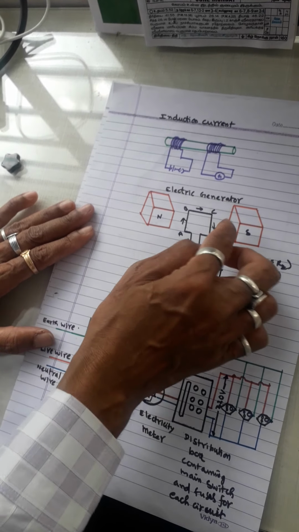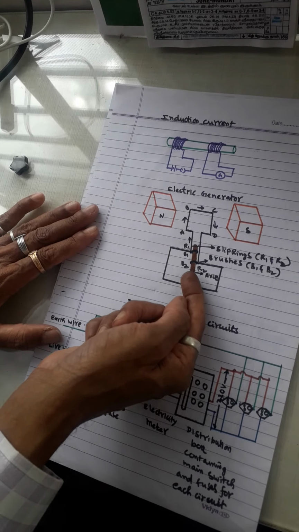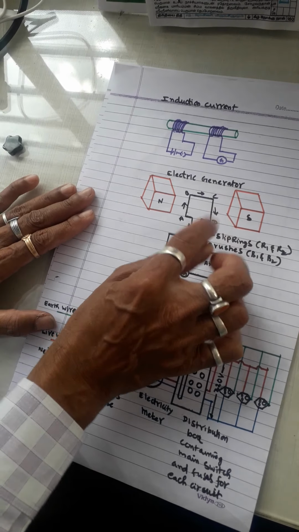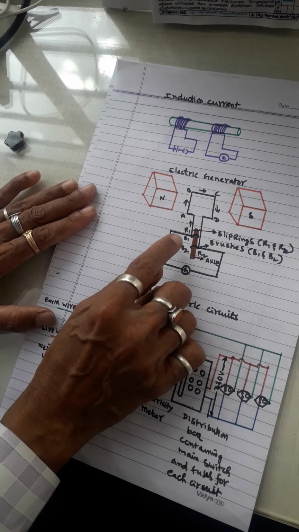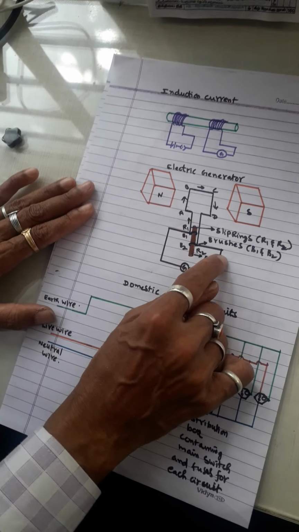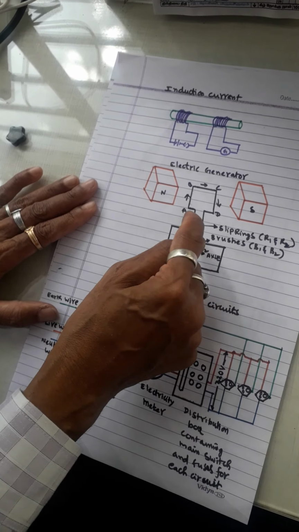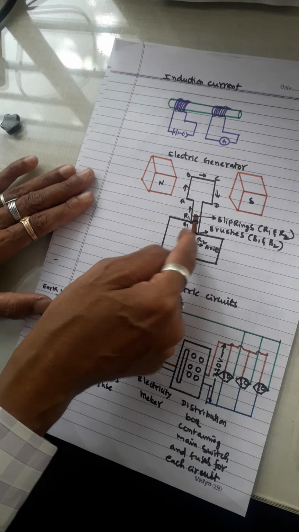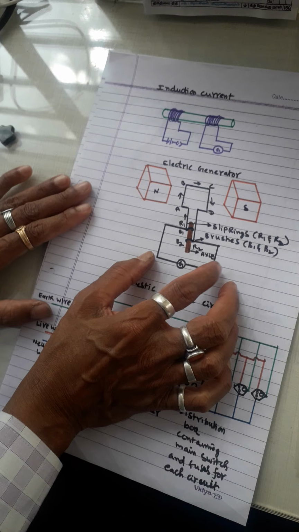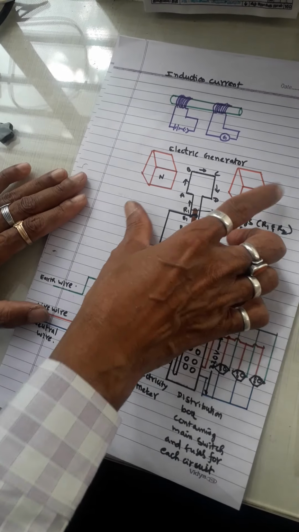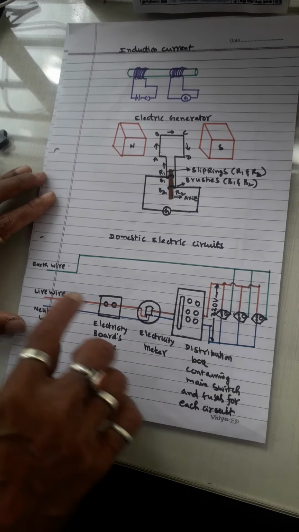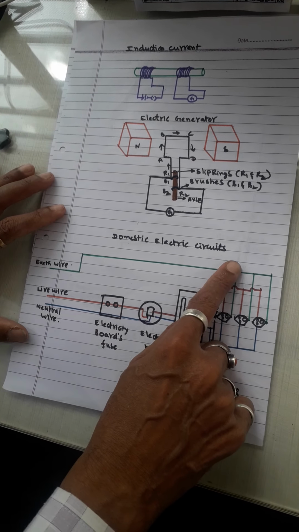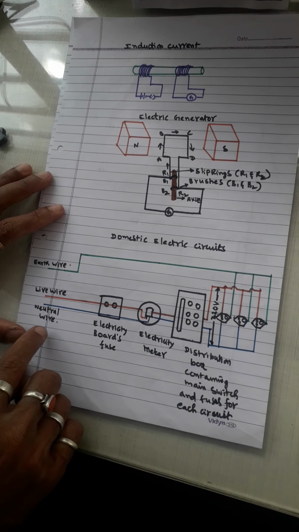Because CD comes over here, now what will happen? The current starts to be produced from CD and again goes to AB. That means what will happen? One time it will go in the forward direction, another time, in the other half of the rotation, it starts to flow in the reverse direction, forward and reverse. This is what we call AC current also. AC currents are generated.